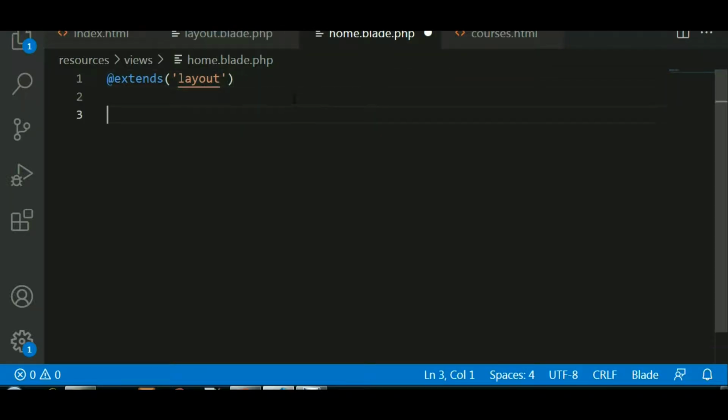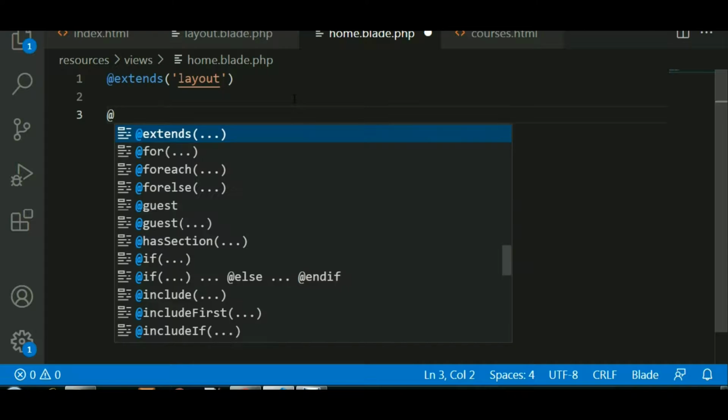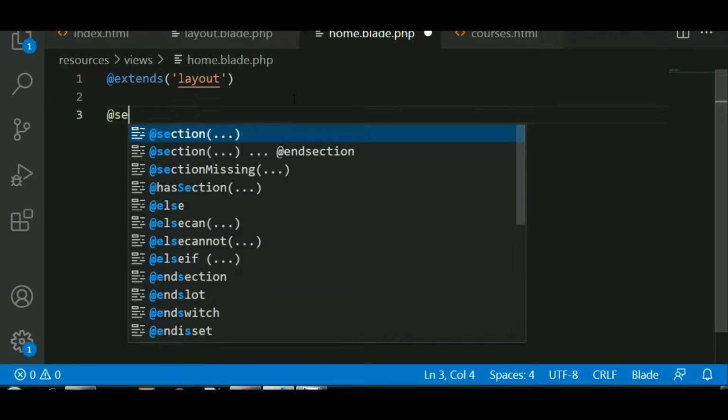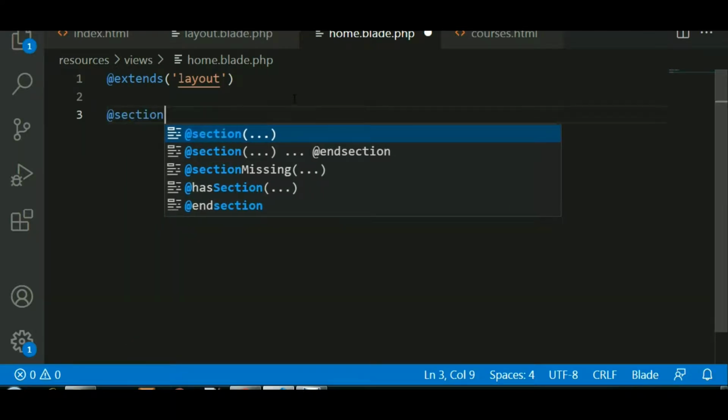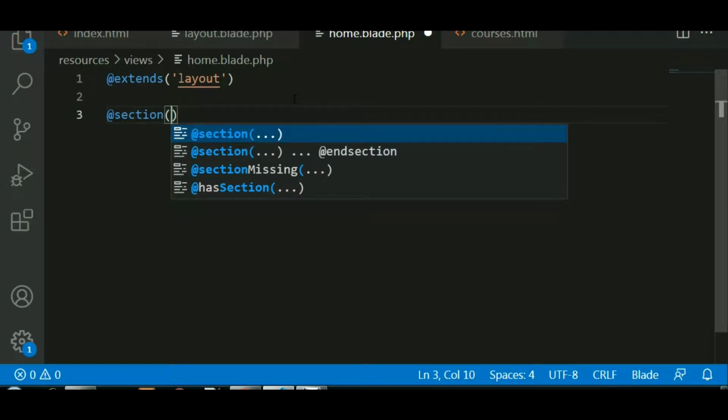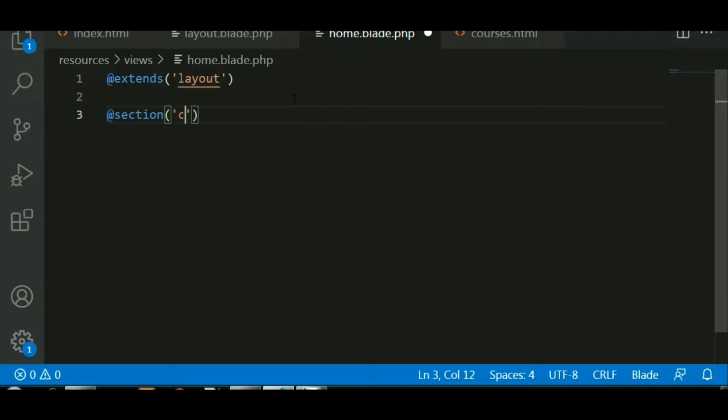Okay. So after extending this, you just write @section. You have to create sections for this page. Section is basically used for what? To display this section in the layout area.